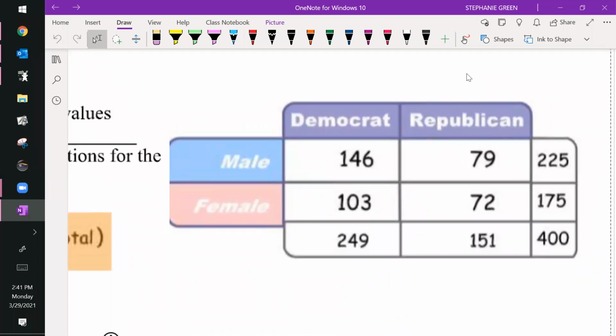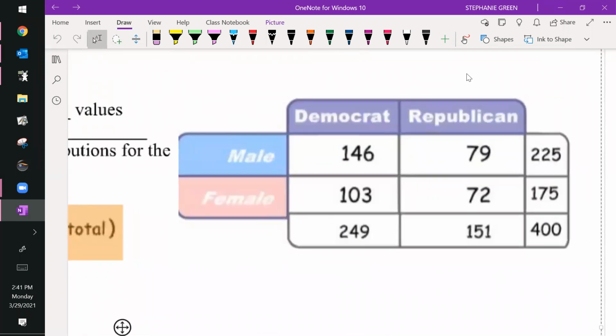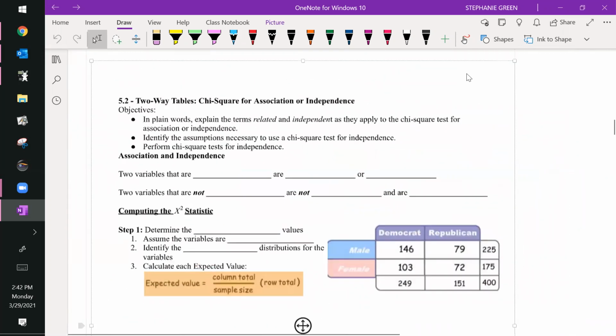This one happens to be political party and gender, and we can see how they are related here. And we are going to try to use this hypothesis test, the chi-square test, to determine if these two variables are associated in any way. So starting off, let's talk about some